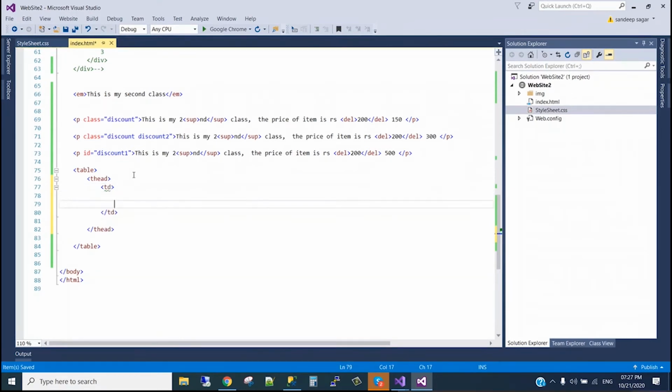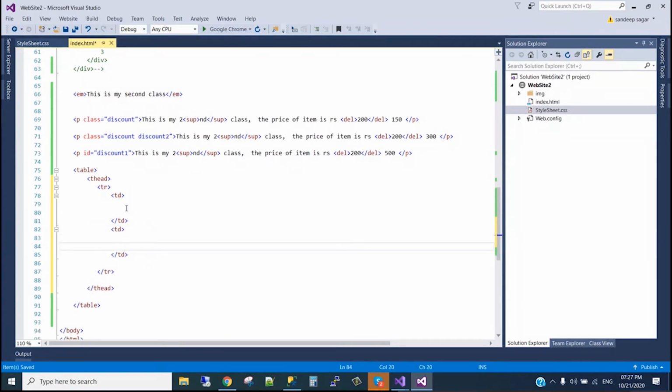Sorry, we have tr for one row, and inside one row we can have multiple columns. In the header section, td, if we write name, year of passing,